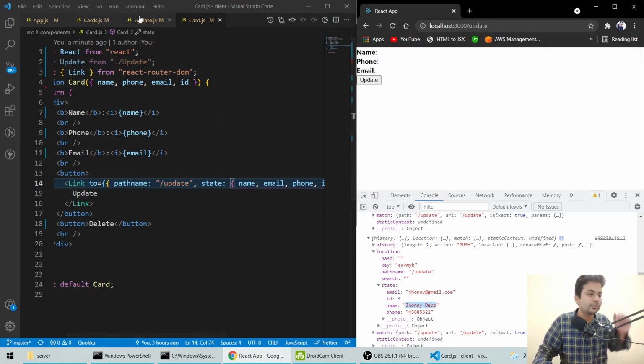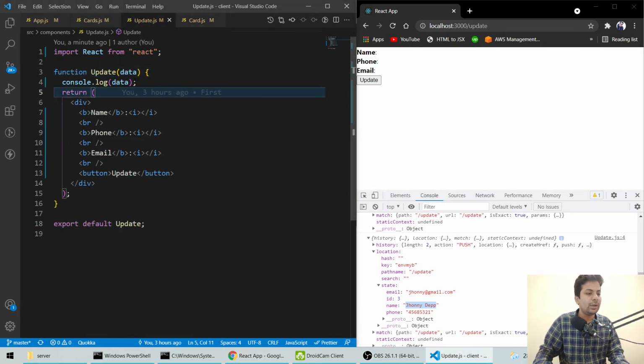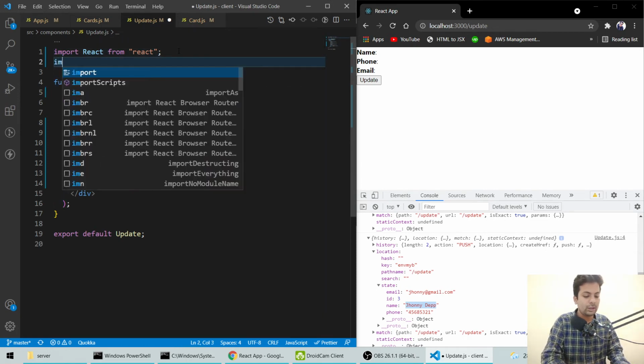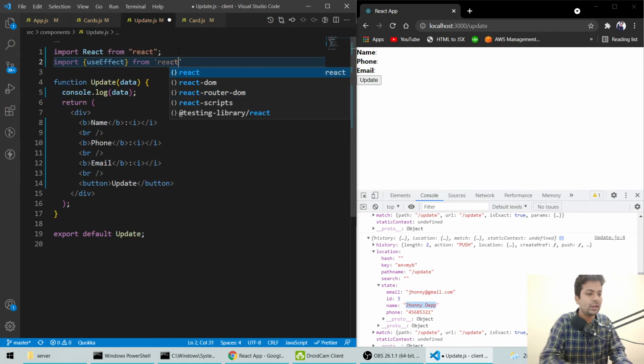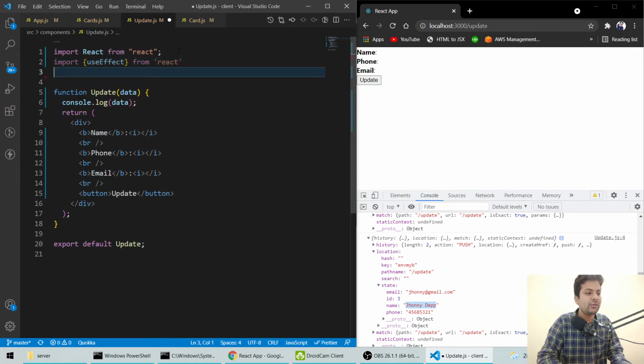Okay, so on the update page we'll import useEffect from React. Okay, now for everything we'll make one variable.